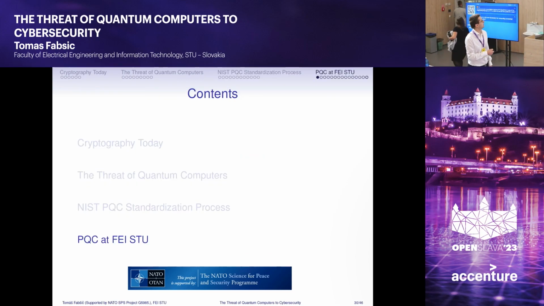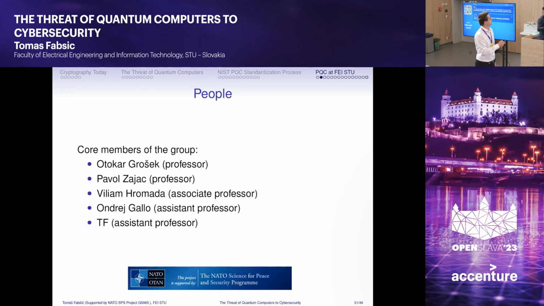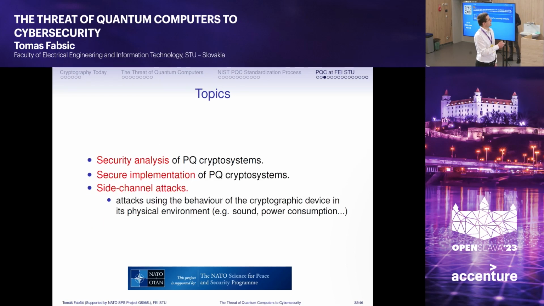Now I would like to talk about how we try to contribute to the research on post-quantum cryptography at this faculty. There are several people who work in this area, including 2 professors, an associate professor and 2 assistant professors. All of us are based here in this building. The topics we are interested in are firstly security analysis of post-quantum cryptosystems. We also found a weakness in one of the cryptosystems that was submitted in the NIST competition. The other thing we are very much interested in is the secure implementation of post-quantum cryptosystems, because